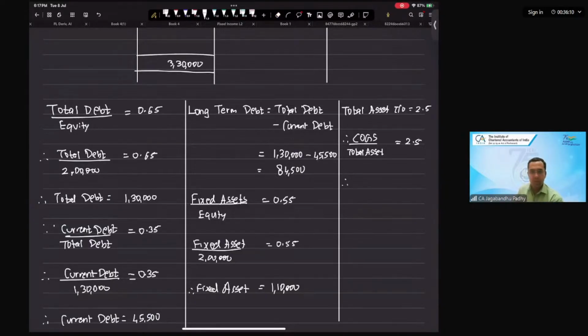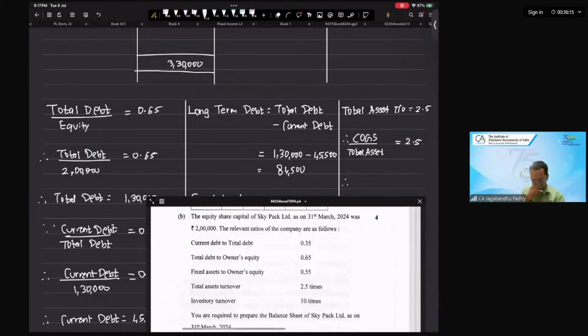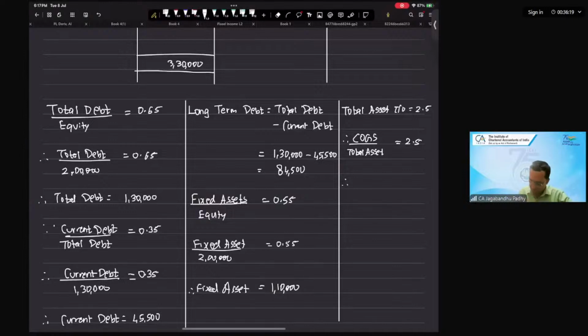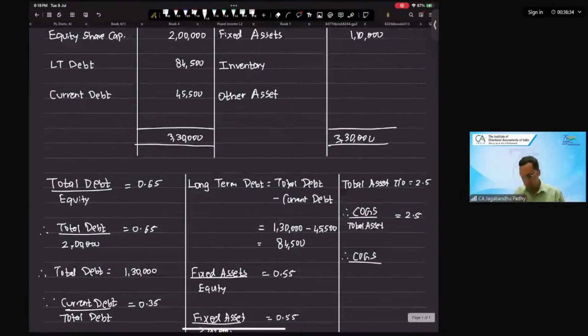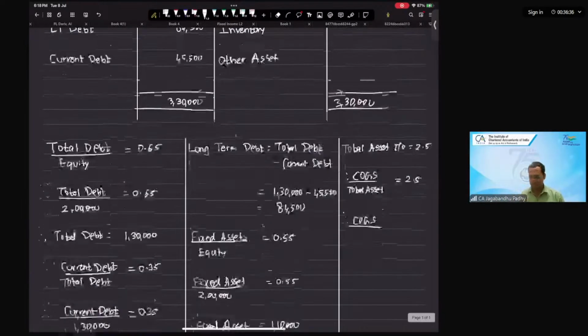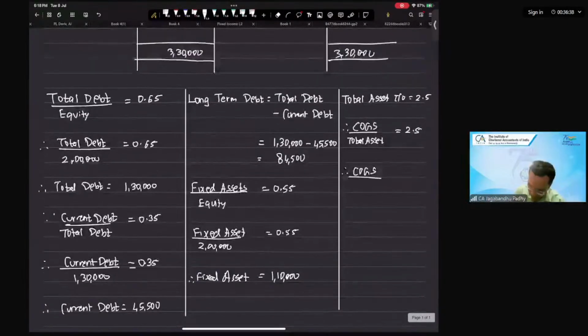cost of goods sold, right? Because we'll be using that for the inventory, because we don't have the information of gross profit ratio. So it's going to be COGS upon total assets. Now we can definitely say that the total assets is going to be 3,30,000, because whatever is the value of assets, it's going to be the same as the value of the liabilities. So 3,30,000